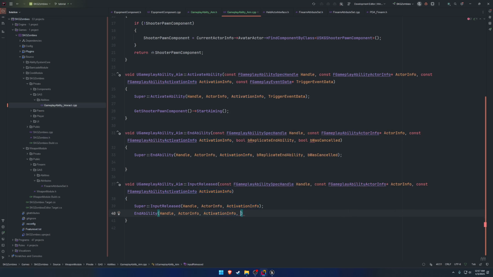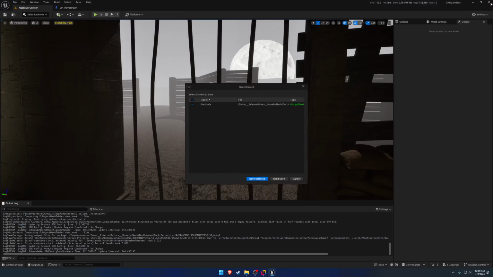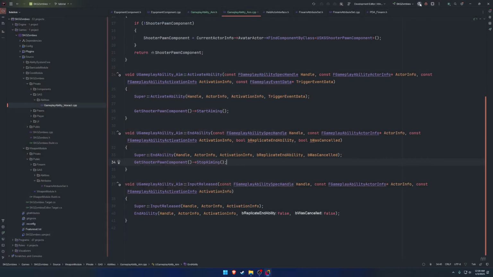and then what is it? Replicate. So replicate end ability, false, and bWasCancelled, also false. That way, inside of the end ability, we simply get the shooter pawn component and call stop aiming. And that's pretty much it. So now we can go ahead and close the editor, recompile, relaunch, and add this as an ability to our